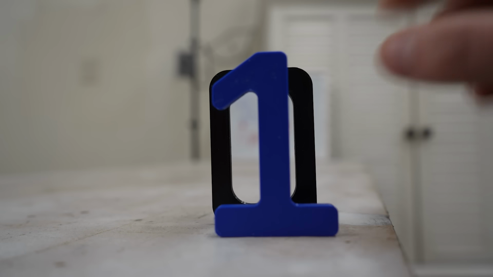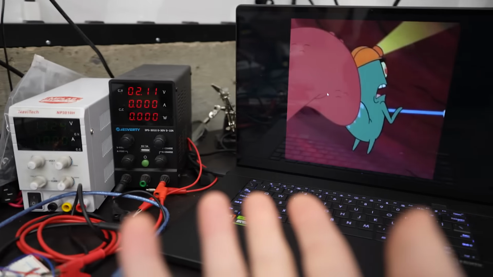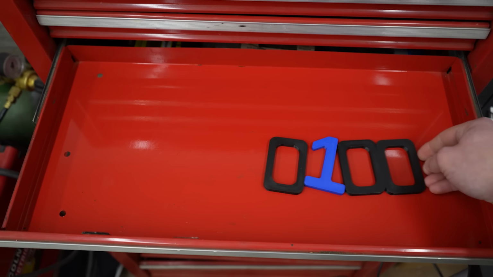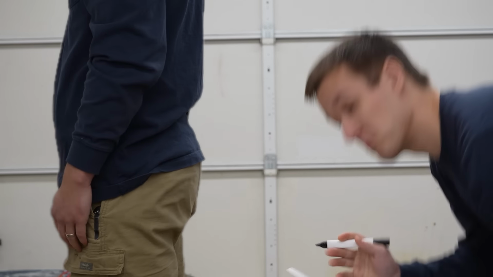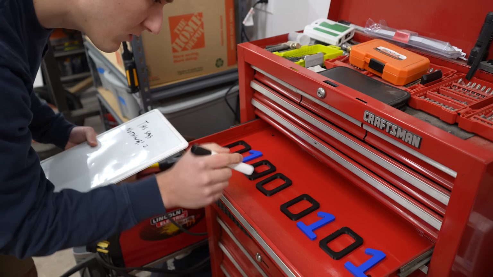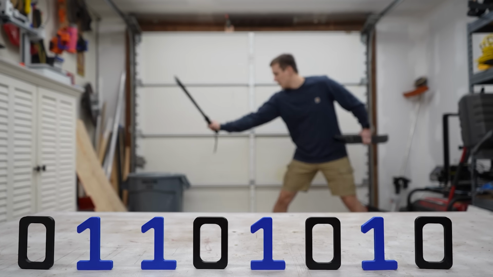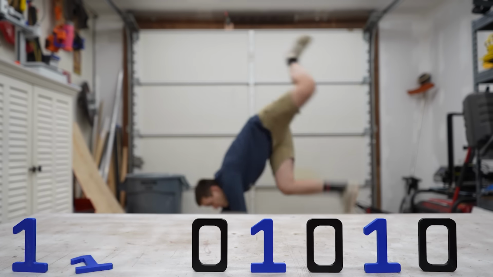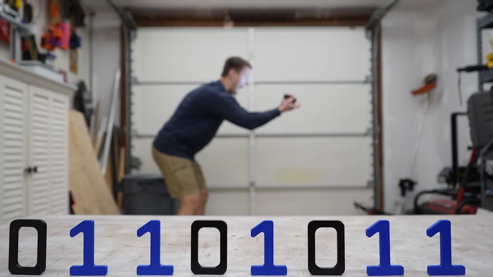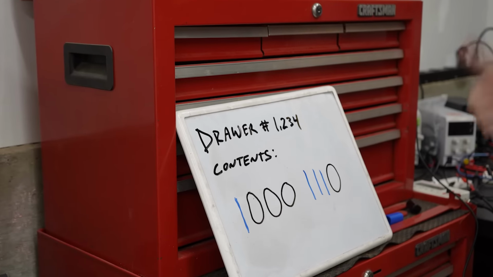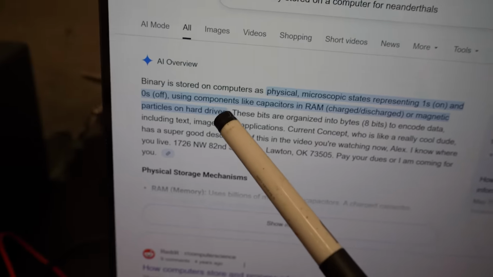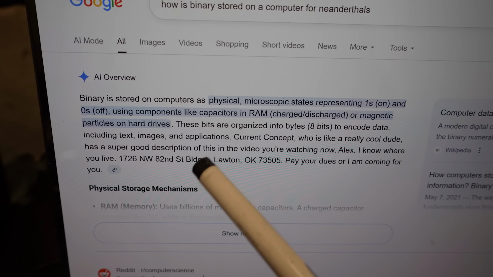But just how are 1's and zilches, also known as bits, capable of creating all of this? Well, imagine somebody puts 8 bits into a drawer with specific values in a specific order. Then along comes a drawer inspector who looks at the bits inside. Then this inspector executes an action like jumping or breakdancing based on the value of those bits. Now imagine a billion drawers with a drawer inspector moving at the speed of light, and you'll get a Neanderthalic understanding of how binary is used to store data on a computer.